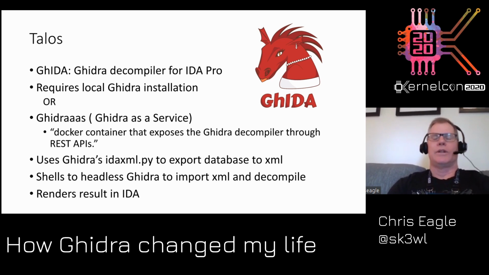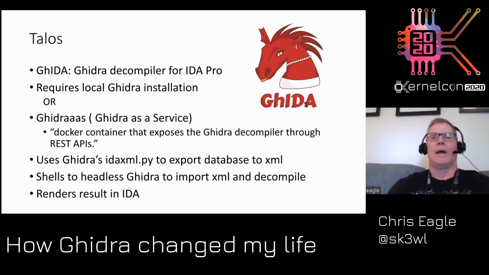And you can use it in one of two ways. You can use it with a local Ghidra install, so you download and you have Ghidra installed and ready to run on your system. Or they provide a Docker container they call Ghidraaas. You can see Ghidra as a service there. In either case, what they do in their model is there is a Python script that comes with Ghidra called